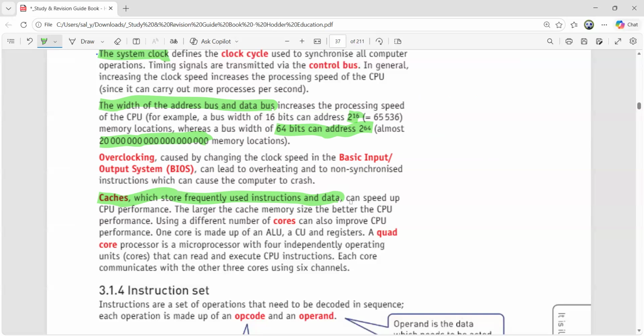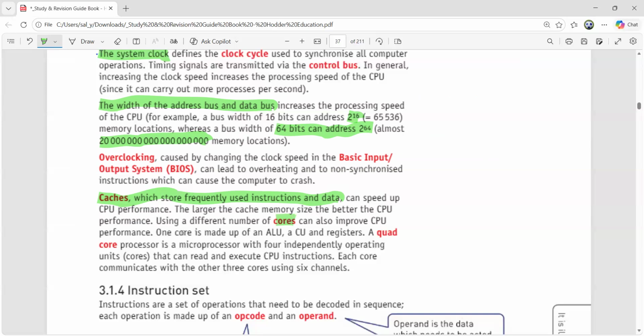So when anything is stored in cache, or in your frequently used instructions location, then the system performance will definitely be increased. The larger the cache memory size, the better the CPU performance is going to be. That is this third factor. And fourthly, it is core. And what is a core? Let me talk about that one. Factor number 4 is core.